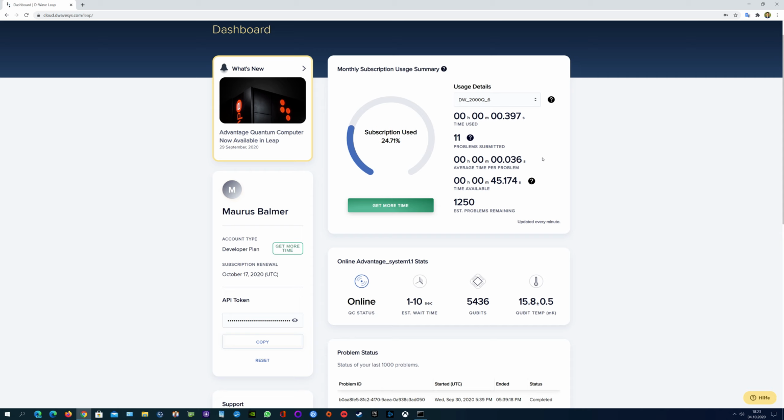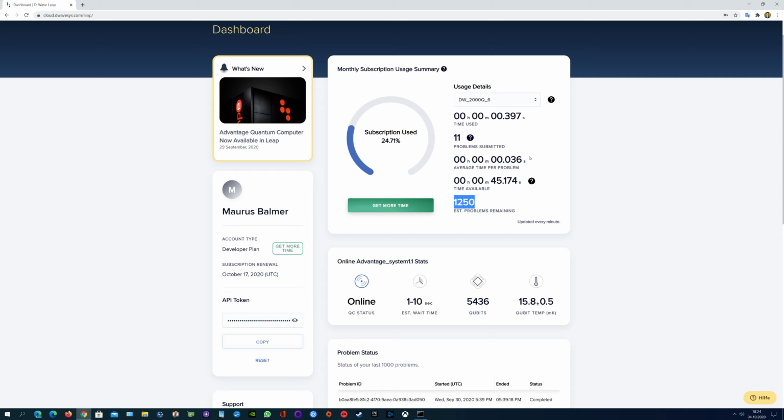The reason is because there were different problems, or, I need to say, for the moment, different approaches to submit to the specific quantum processor. And this is the old one, and it got 11 problems submitted. Still I have some estimated problems remaining,